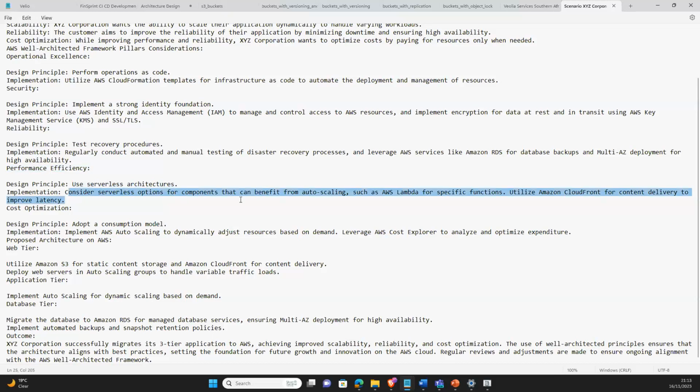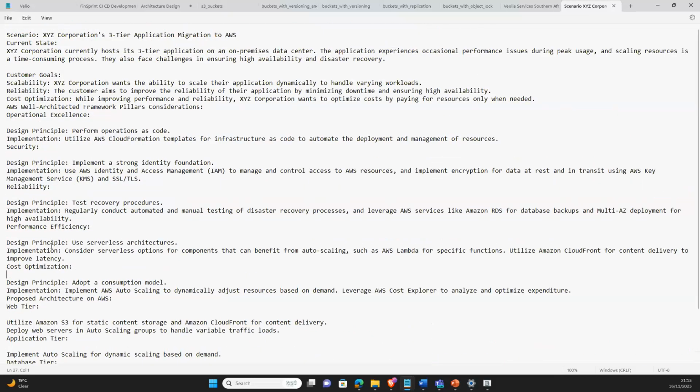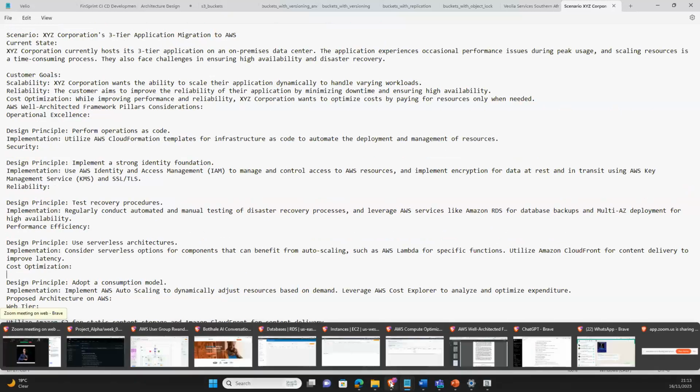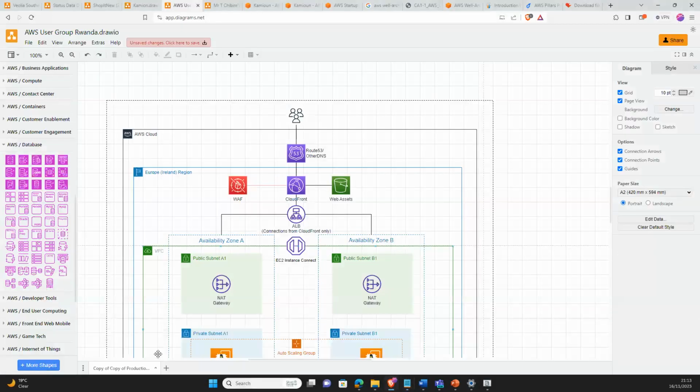Consider serverless options for components that can benefit from auto-scaling, such as AWS Lambda, CloudFront for content delivery network. Then cost optimization, of course, you're going to implement our solution in a way that it's not going to consume a lot. So yeah, those are just on a high level the requirements that we need to keep in mind.